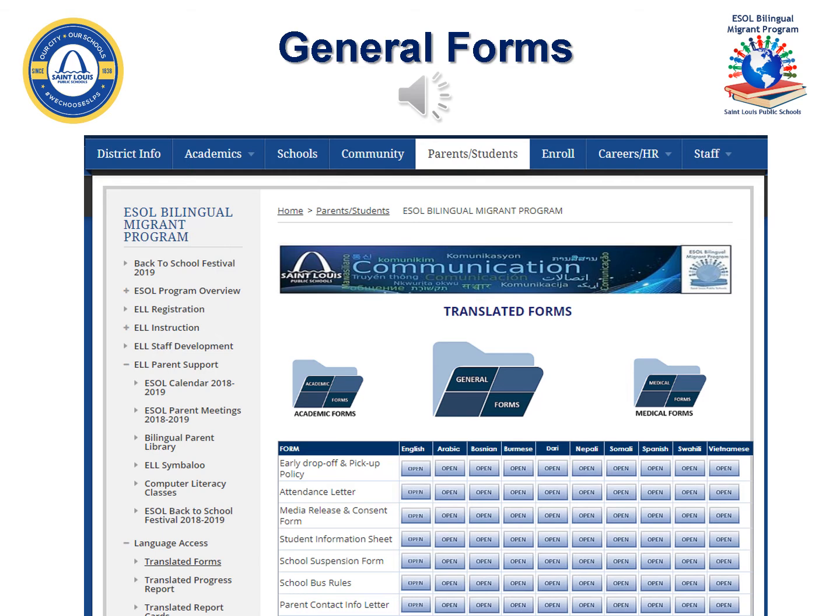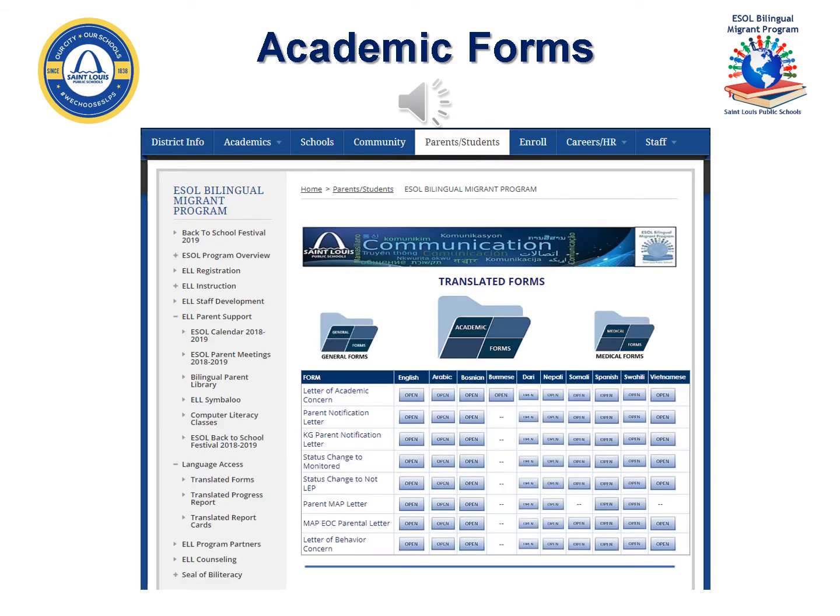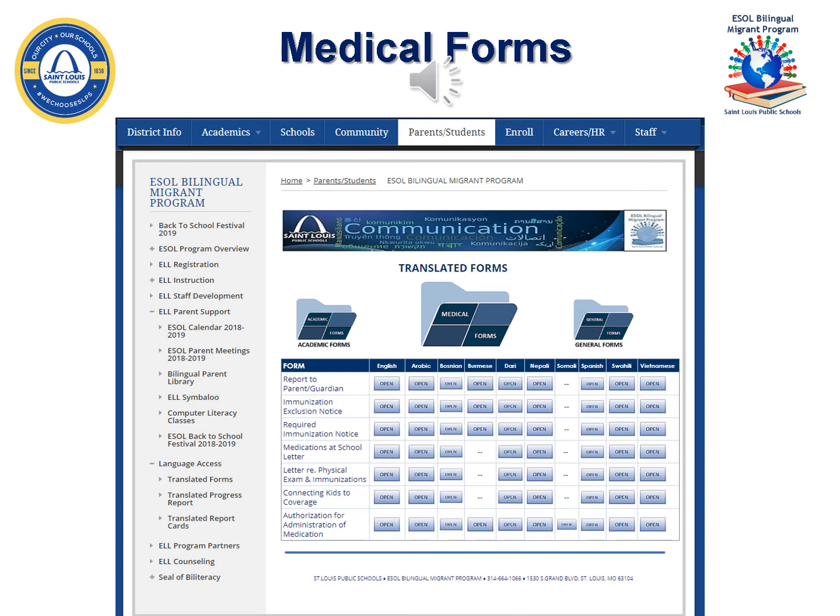When you locate the document you need, you can click on the language you need to access the translated form, which can be printed or downloaded. The academic forms section includes translated academic concern letter, parent map letter, parent notification letter, and so on. Medical forms include translations of medications as school letter, authorization for administration of medication, immunization exclusion notice, and several other